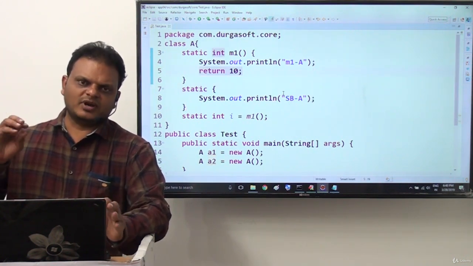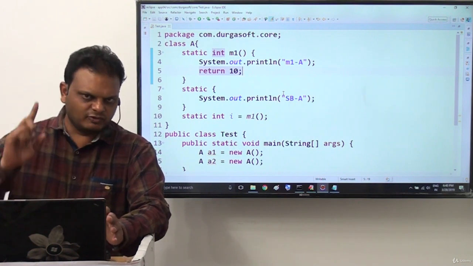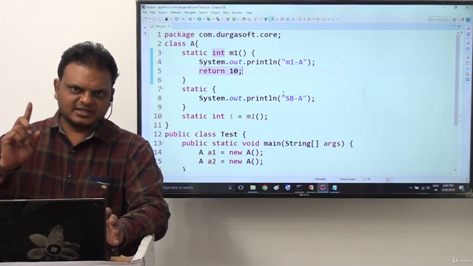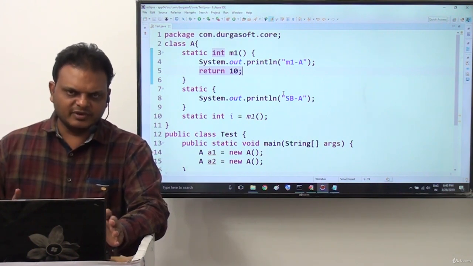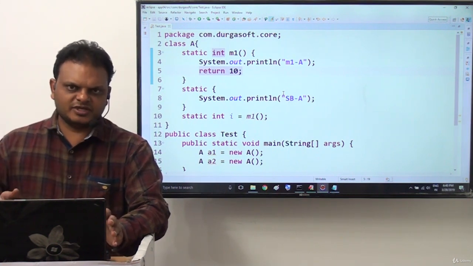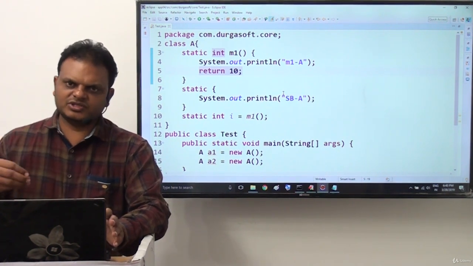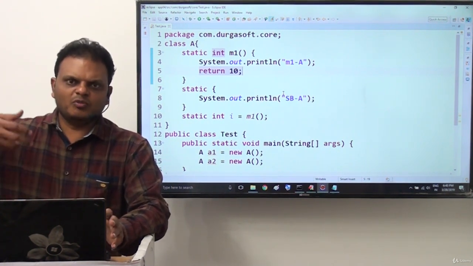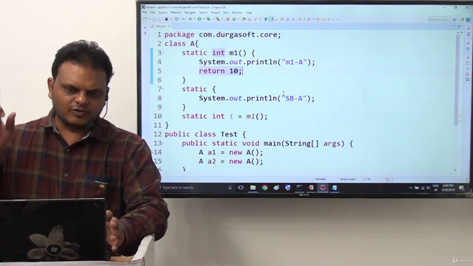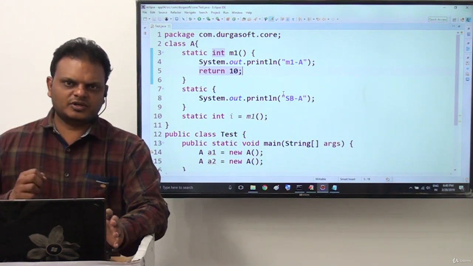So from this program, what is the conclusion? For a single class, bytecode will be loaded only one time, but we can create any number of objects. Means that for a single class, static context will be executed only one time, but we can create any number of objects and execute instance context any number of times. Of course, in this example I have not provided instance context, but if you have any instance context, it will be executed as many times as we create objects, but static context will be executed only one time. This is exactly the flow of execution of static context.